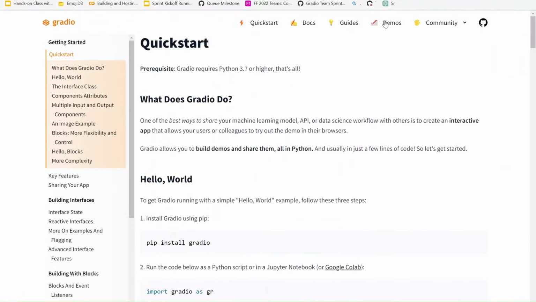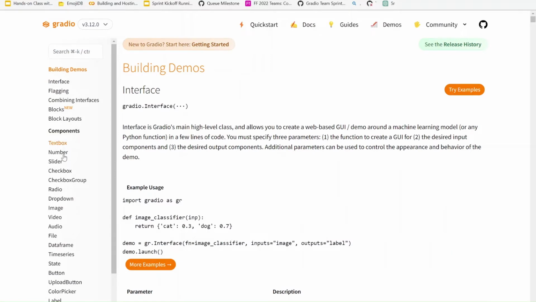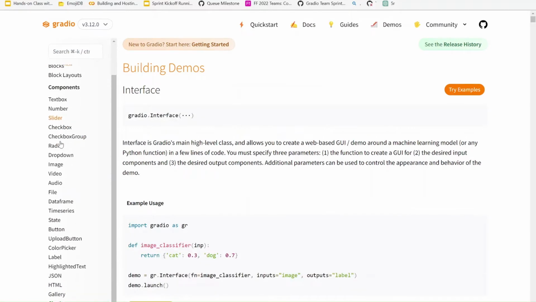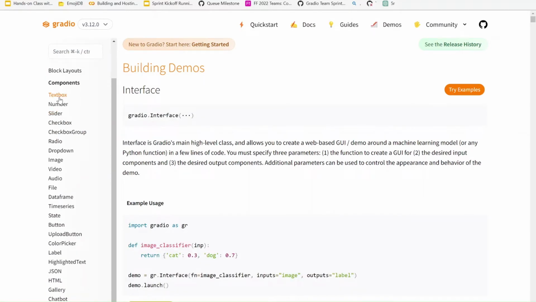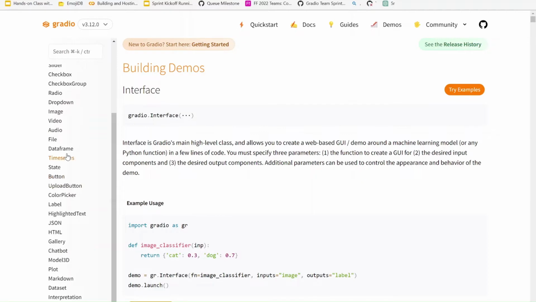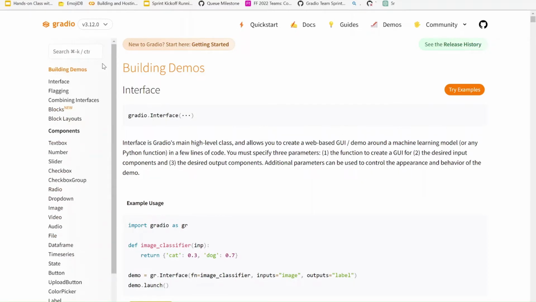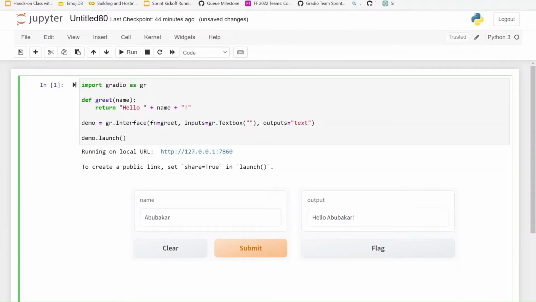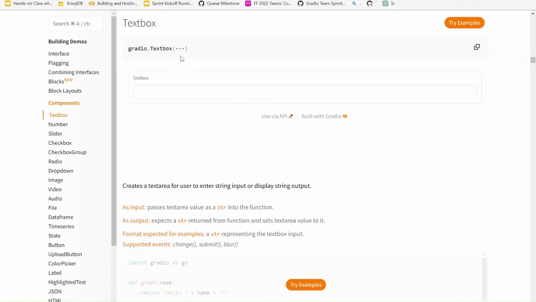If I go back to the Gradio website, I can see all of the classes here. So you see where it says components. So this is a text box, this is a number slider, all of images, video, audio, all of the type of standard components that you probably want to use for your machine learning model demo, you can find here in Gradio. And so if we go to Textbox here, Textbox is obviously a very important one,